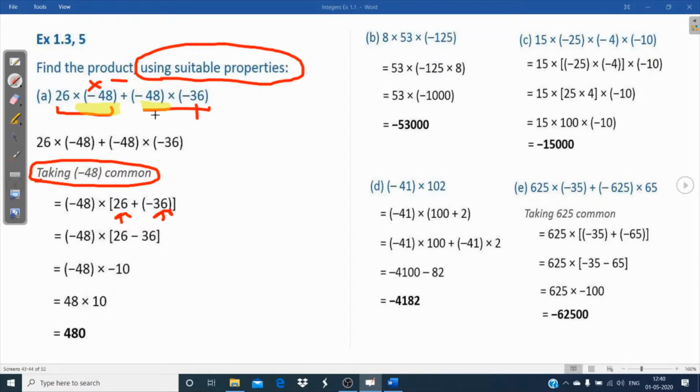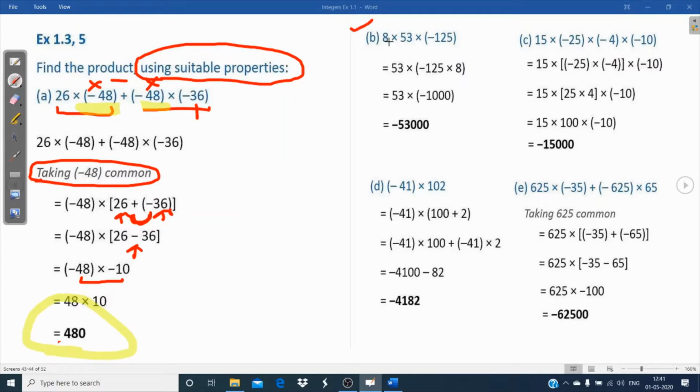So from this we have taken minus 48. So if minus 48 is gone, what's left? Minus 36. Now you can see this thing, student, in the next step. Minus 48 as it is multiplied by 26 as it is, now minus plus. This plus minus will become what? Minus. So here the sign is minus. So 26 minus 36. Minus minus, when you subtract, you will get 10, and since the bigger number has a negative sign, here also minus sign. So in the next step, when you multiply, minus minus sign will now be plus, and we have to multiply these two terms. So what will you get? You will get 480. So the final answer is 480.